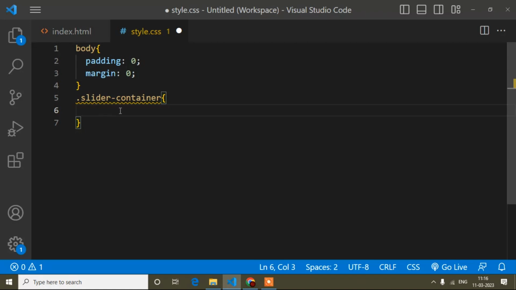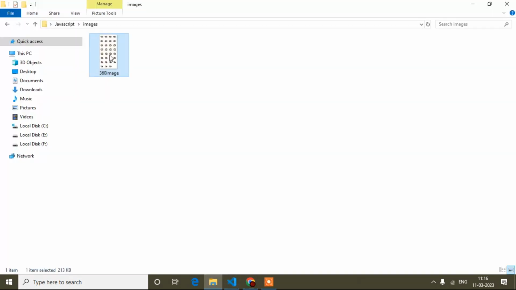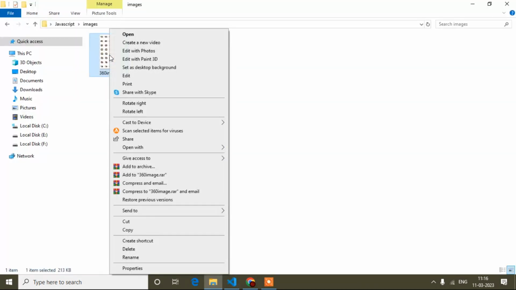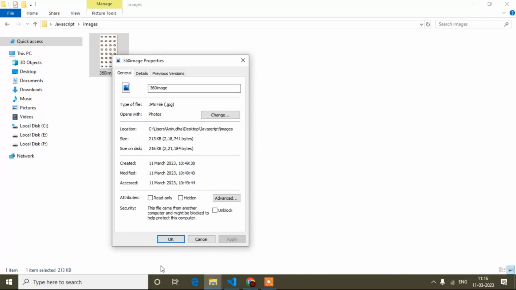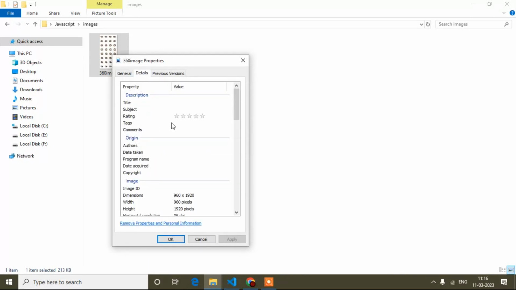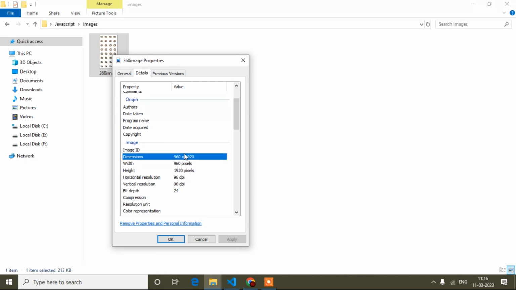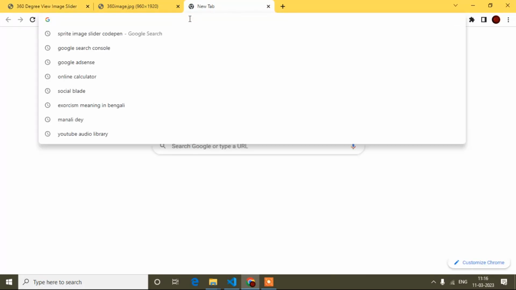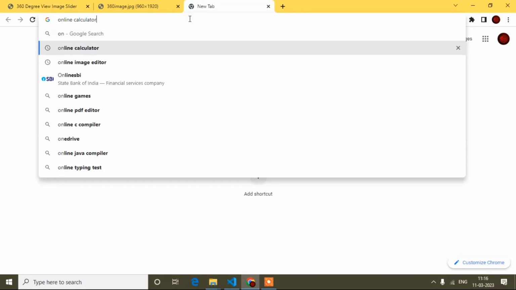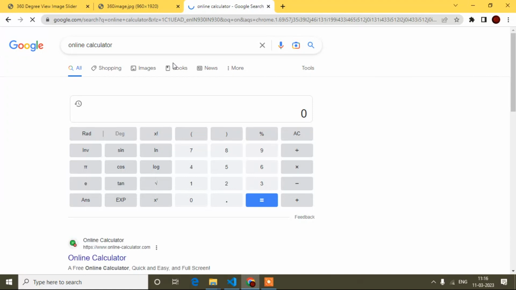So how can I do that? I already set the image width, I mean I already showed it. Again I will just show you the properties and details. Here the width is 960 and the height is 1920. Here I will open an online calculator to calculate the image width and height.